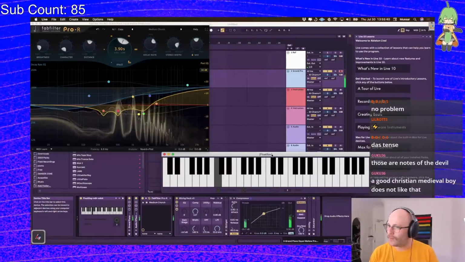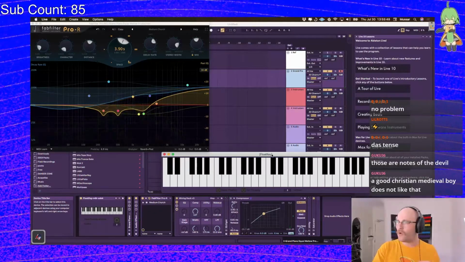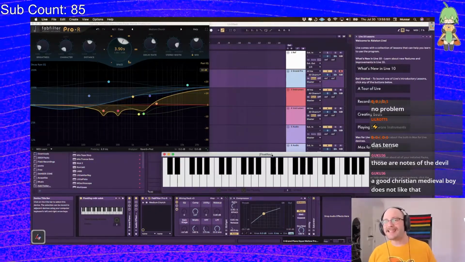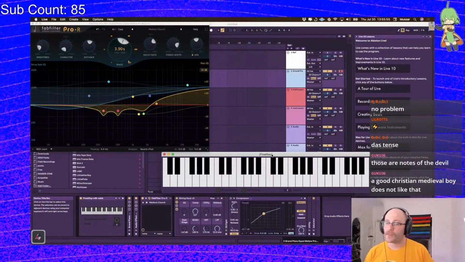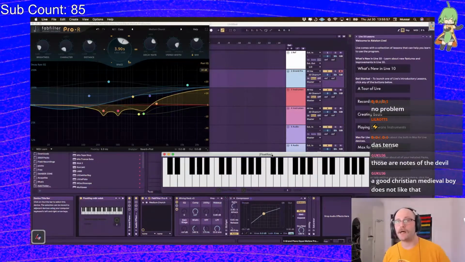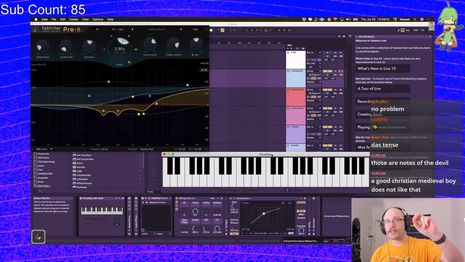That sounds really nice. Over time, these types of rules became codified into this idea of note against note, point